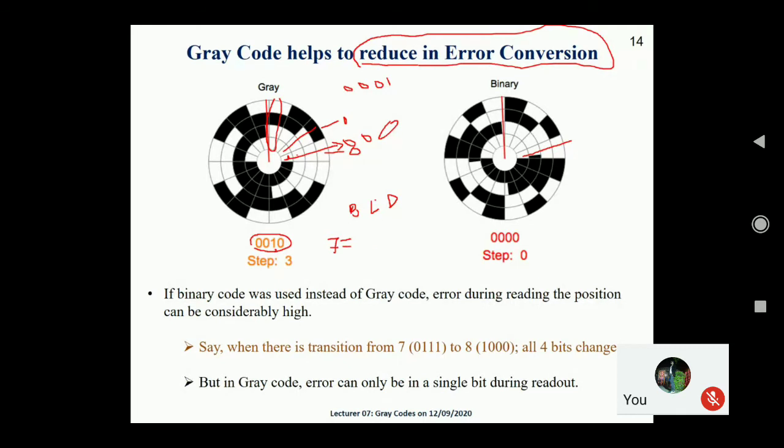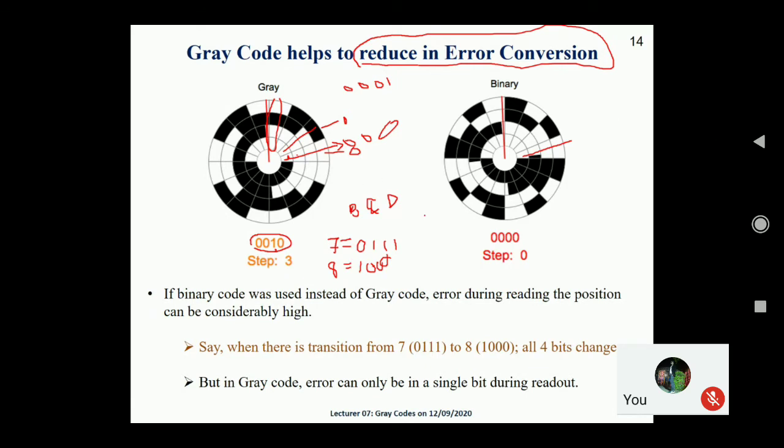If we write it in the BCD format, using 4 digits, what is the binary sequence? 0, 1, 1, 1. Yes or no? And when the BCD is 8, that means the decimal value is 8, we write 1, 0, 0, 0. So the meaning is that when you compare these two binary sequences, this one and this one,